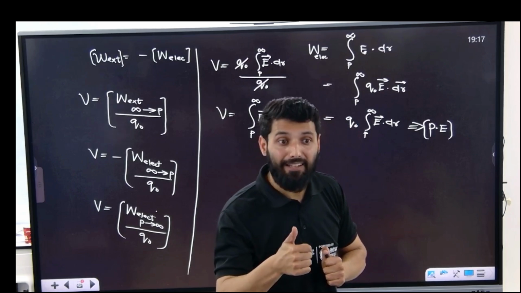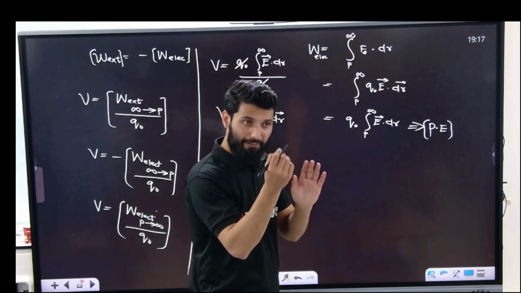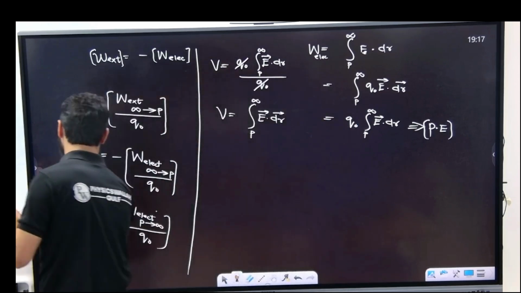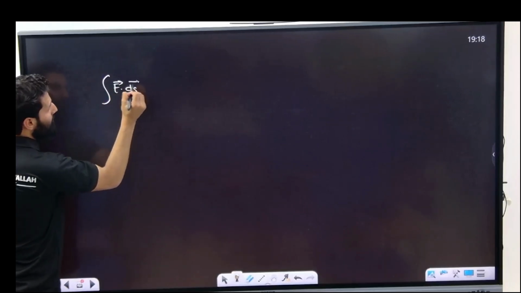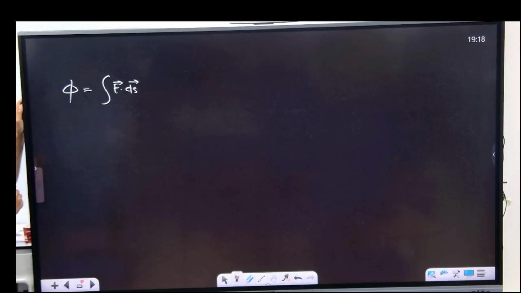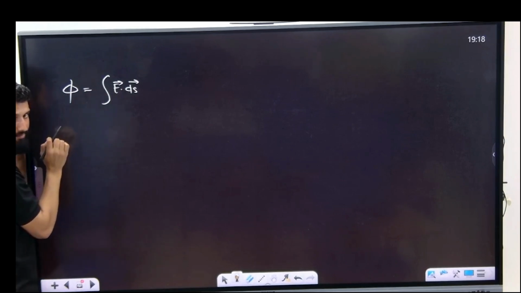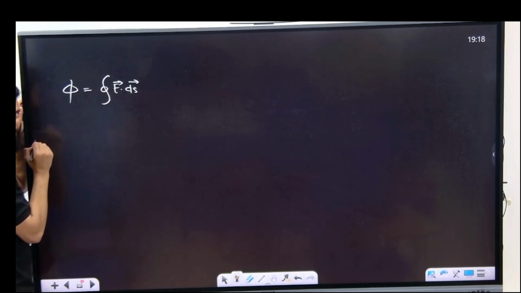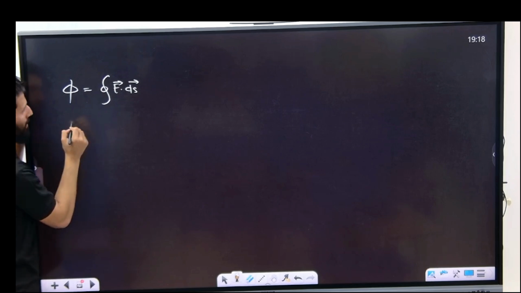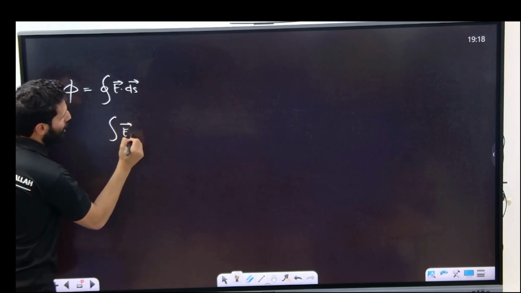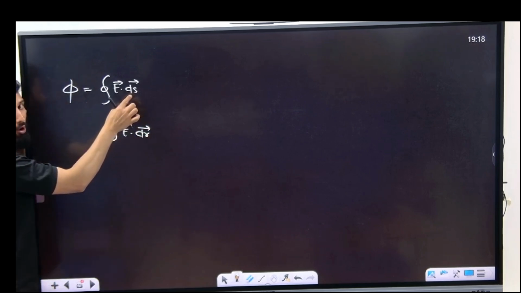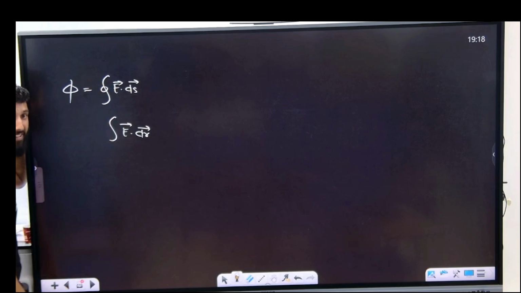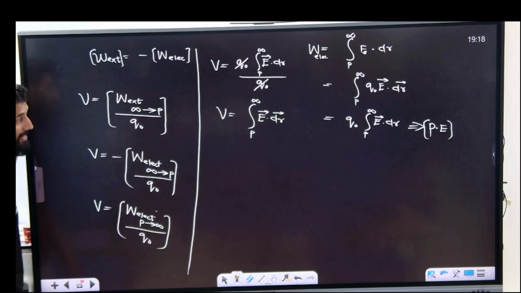It's defined as a line integral. This R is basically a line. If it was S, remember? If it was integration of E dot dS, what is it? Flux. Remember? Surface integral of E dot dS. If we put a circle here, it means a closed loop. Now, if I write E dot dl or dr, it's basically length. This is not length, this is area. That's why we call it a surface integral. And this we call a line integral.